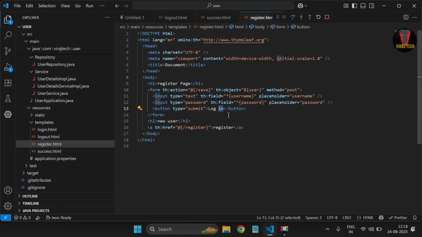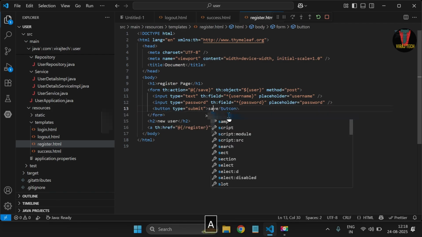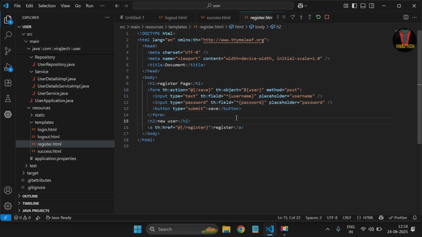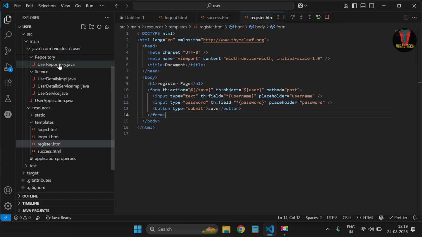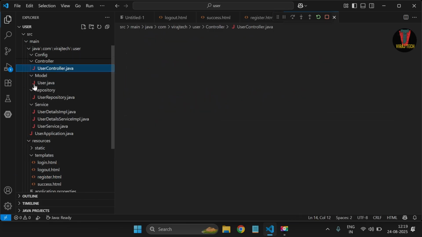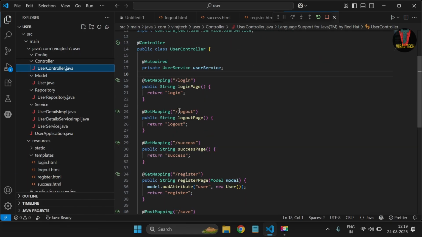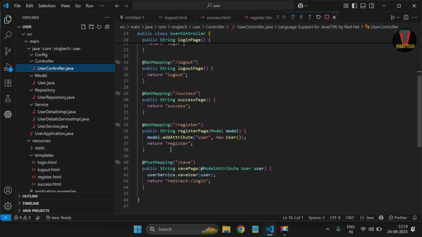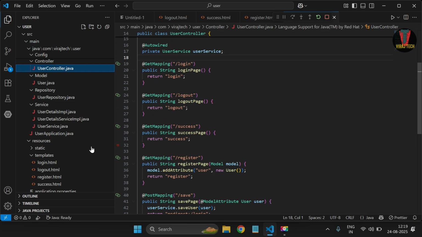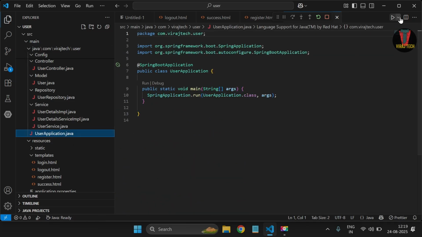And this is for save button. Delete the same extra tag. Now save it, and now we will check user controller, login, logout, success, register, and save. Now we will run this project, run Java,